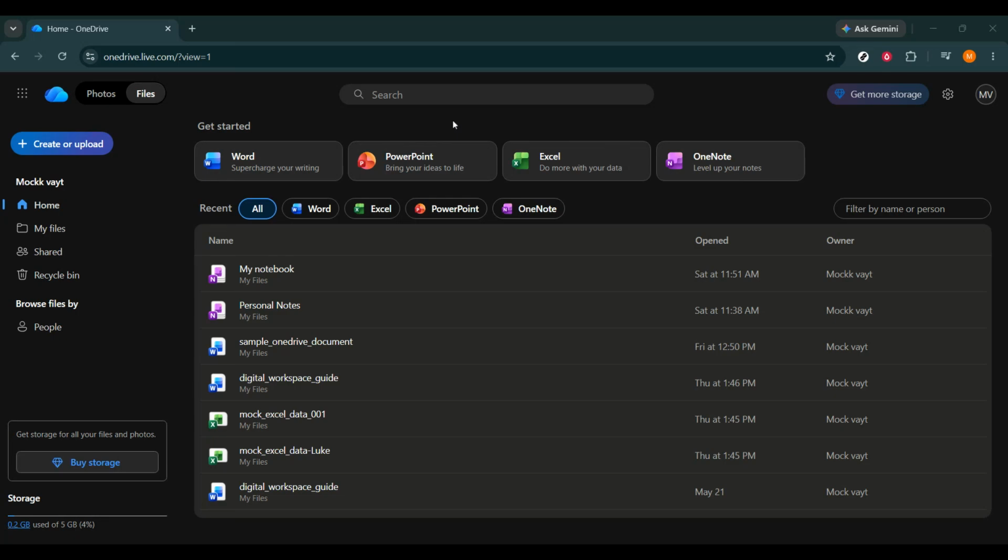If you need to share a file or folder quickly, OneDrive makes it simple to create a link in just a few steps. In this video, I'll show you exactly how to create a OneDrive link, choose the right sharing permissions, and copy it so you can send it anywhere you want. This is a super useful skill if you want to share documents, photos, folders, or work files with friends, co-workers,